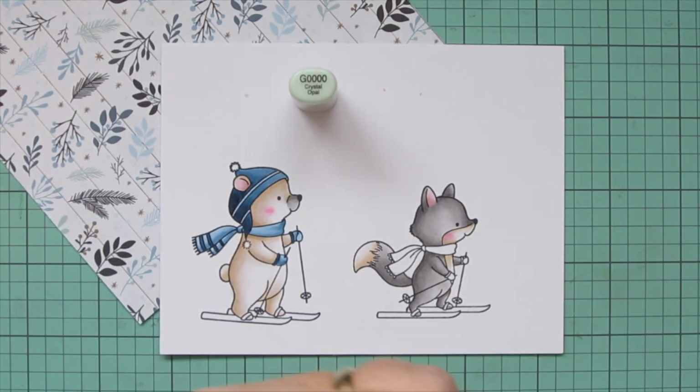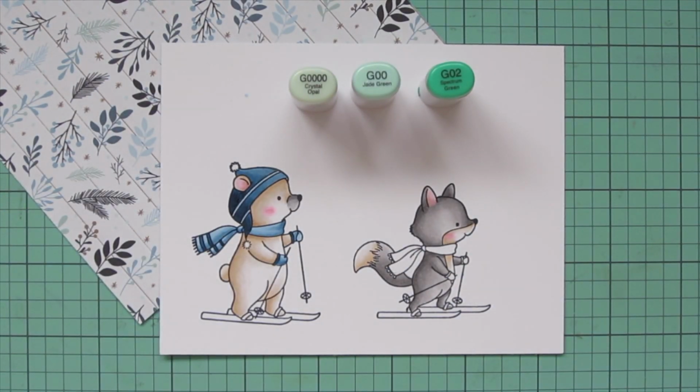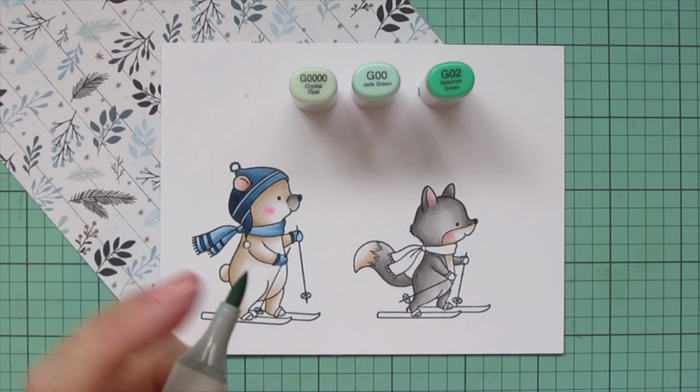For the fox's scarf, I wanted to go with that minty green pine looking branch that's in that pattern paper. I'm going to point to it so that you can see which one I mean. So I chose G00,